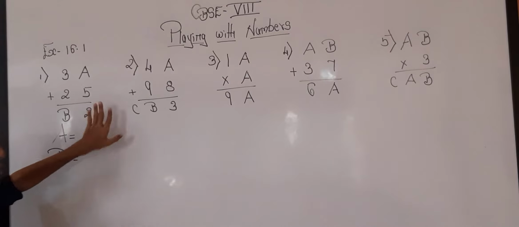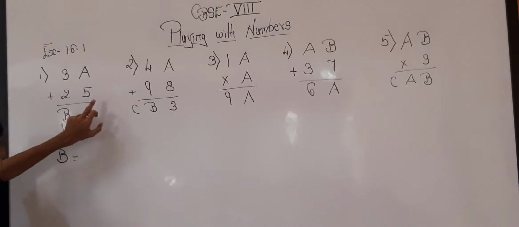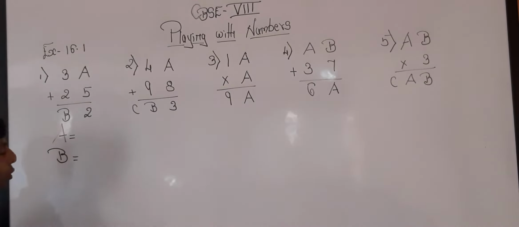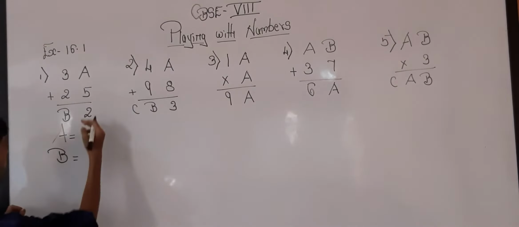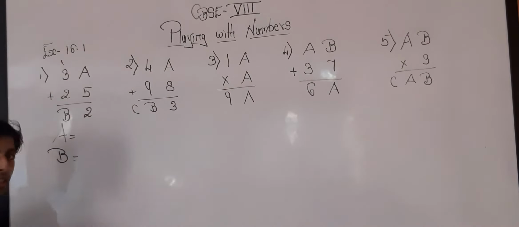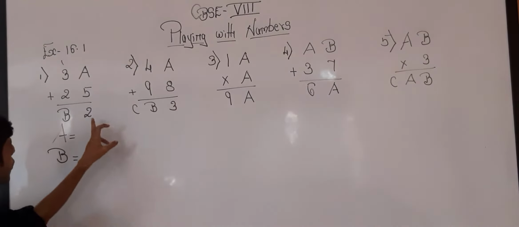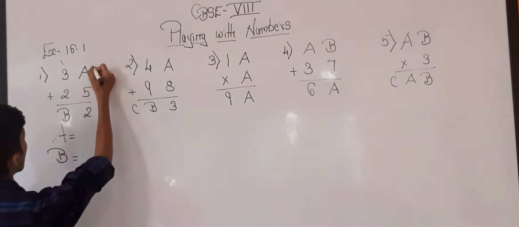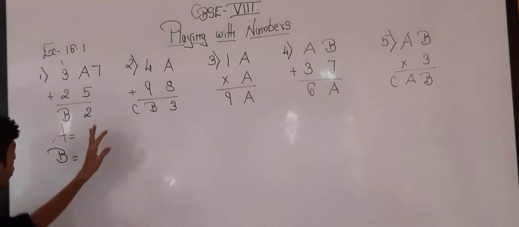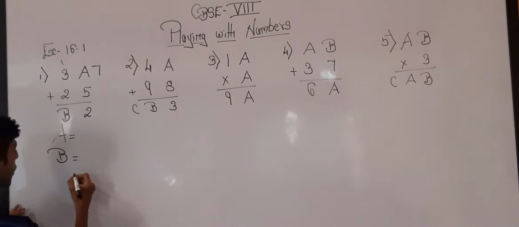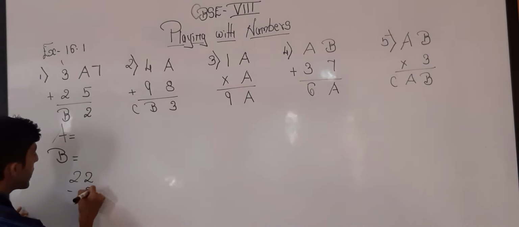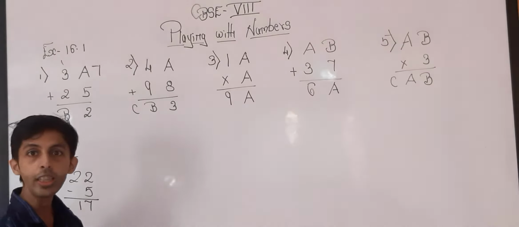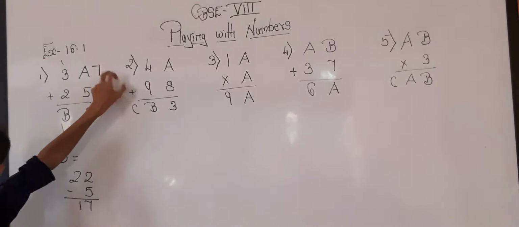Now, over here 2 means what? When we are doing addition, 2 can be 12, it can be 22, it can be 32. If I am taking this as 12, then 1 will be carried. So 12 minus 5 is 7. My a will be 7. If you are taking 22, then 22 minus 5 will be 17, which is a 2-digit number. Can a be a 2-digit number? No. We want a to be a 1-digit number.